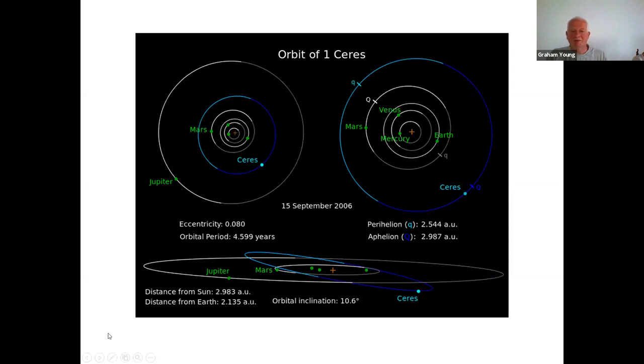And its orbit is entirely, of course, in between Mars and Jupiter. And I'm not going to go into too much detail. Its orbit is a little bit inclined. It's right at the center of the asteroid belt. And in fact, the planets' orbits are kind of like a geometric series, and Ceres actually fills in the gap. When it was discovered, it filled in the gap nicely, because that was the reason it was discovered in the first place, because they were trying to hunt the missing planet between Mars and Jupiter that would fit the gap. And they found it in